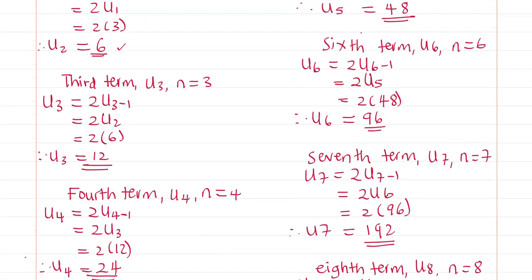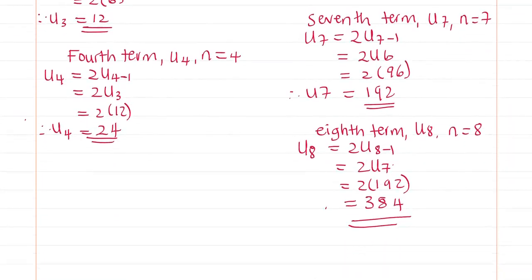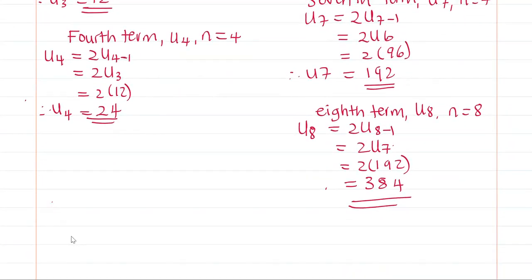So that is basically how you can follow a given formula or a given rule to find the requested or the asked number of terms. After getting your terms, then you conclude. Most teachers just look at your final answer to figure out what you possibly did. So the first 8 terms